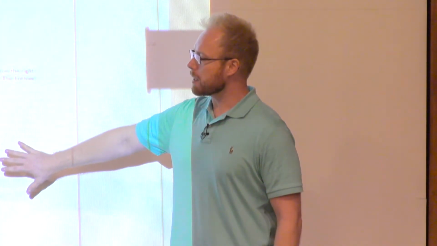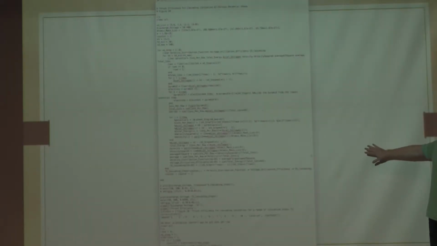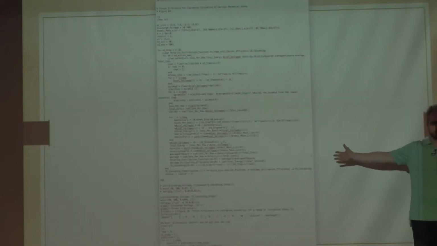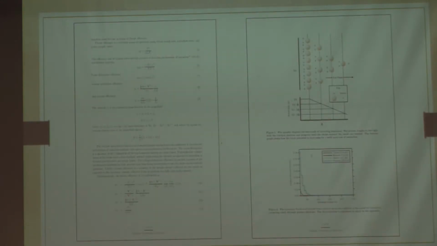Now within the major, here's an example of a paper that I got published on Hall thruster research. I had a student that wrote this MATLAB code. I put that up there. I don't expect you to be able to read any of that, but the point is that the student was really into coding and he wanted to work with me. So we came up with a Hall thruster design project and we got a paper published.